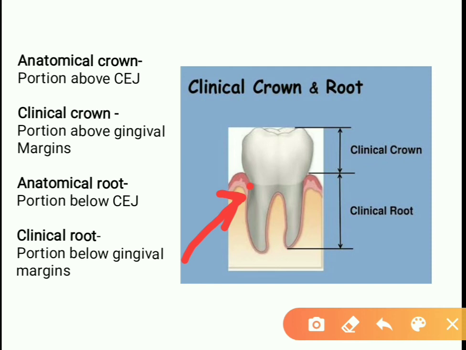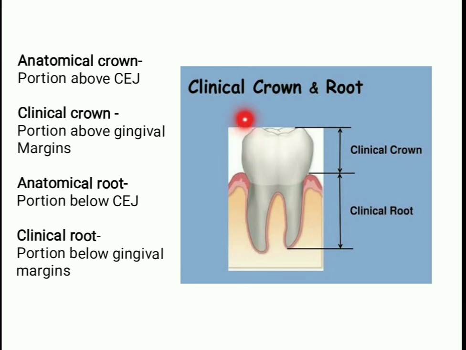This junction is known as the cemento-enamel junction. The portion above the cemento-enamel junction is known as the anatomical crown, and the portion below it is known as the anatomical root. The anatomical crown and root are fixed, but the clinical crown and clinical root are not fixed, because in